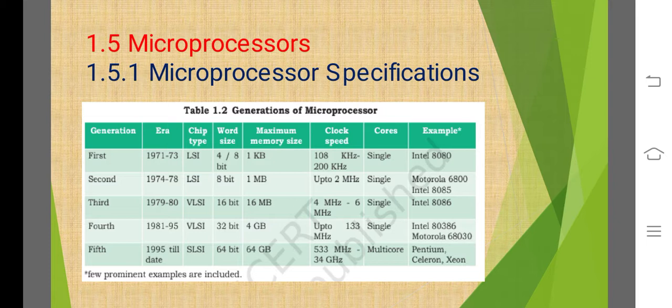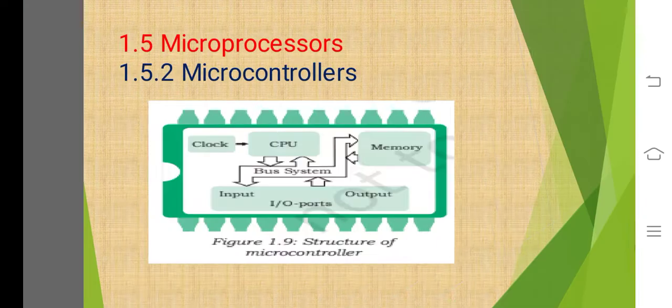Now the latest is known as octa core. We can use octa core now. In mobiles also we are using processors with dual core or quad core. You have heard about all this. That depends upon the cores, and it also improves depending upon the generation. Now the next point is microprocessor specification, which I have already explained.